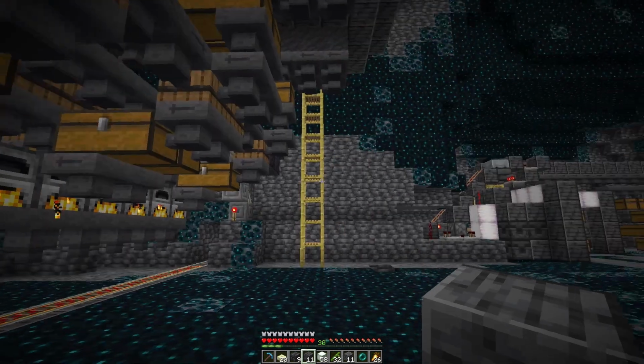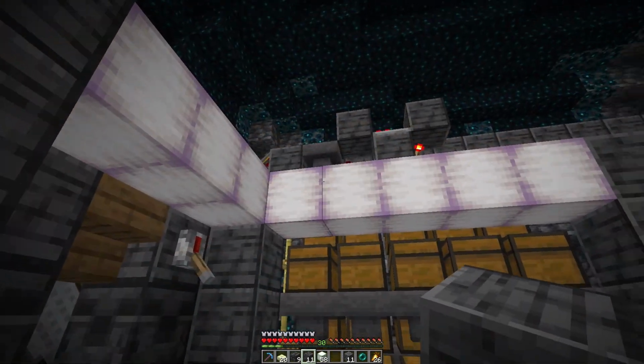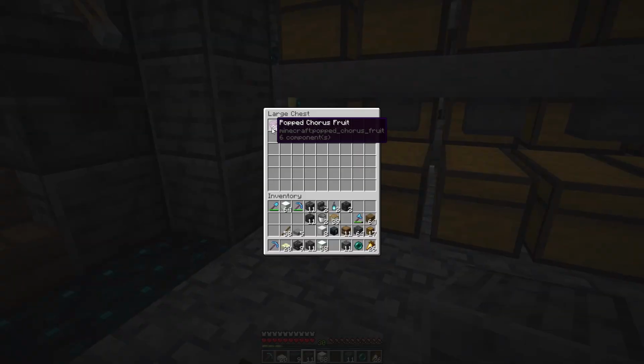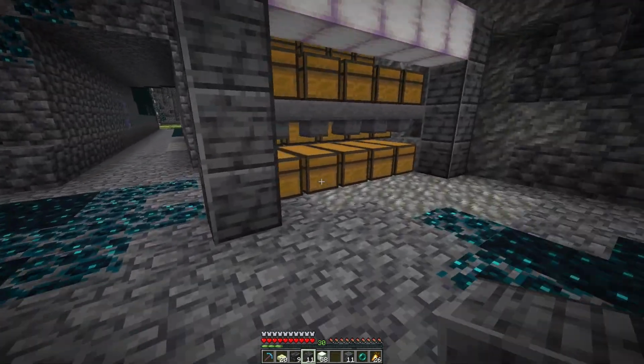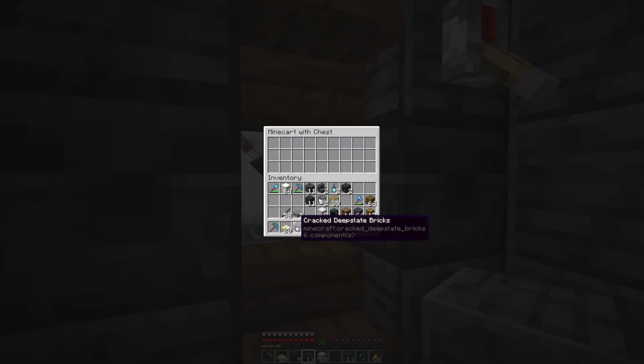Nice. So now let's go over to the collection system and see if this is actually collecting properly. Now I've got a sorting system on these chests, remember, so popped chorus fruit is dropping in here, which is exactly what I want to have happen. Oh, nice. And again, if I decide to smelt something else, like if I decide I want to come in here and I actually want